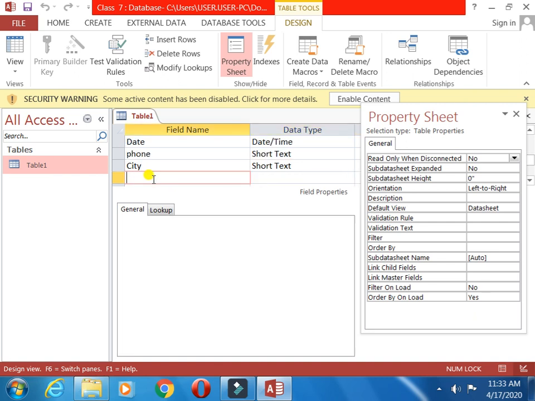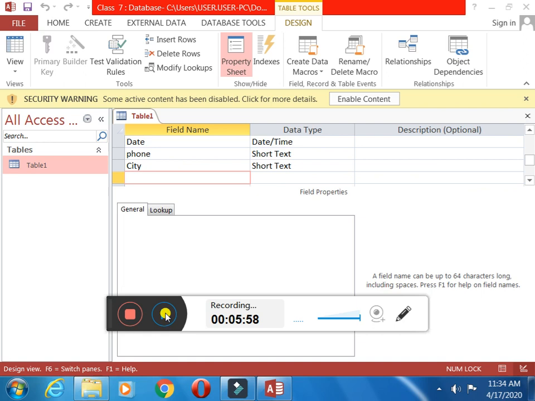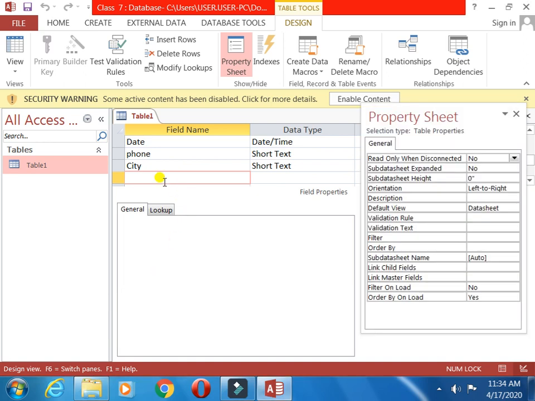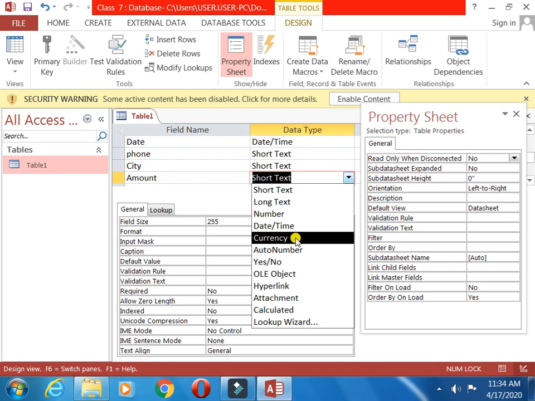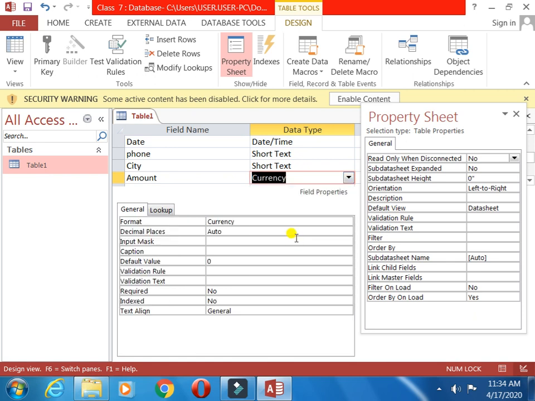Now rupees, currency. Okay, currency. Sometimes we write amount, like that you will write. Now for amount, what we will do is choose currency.